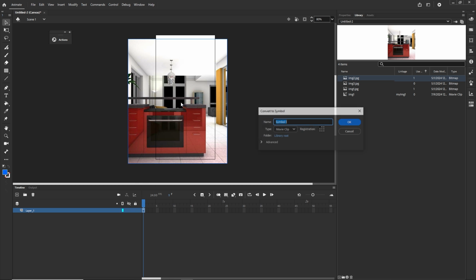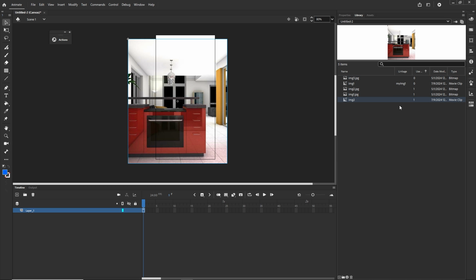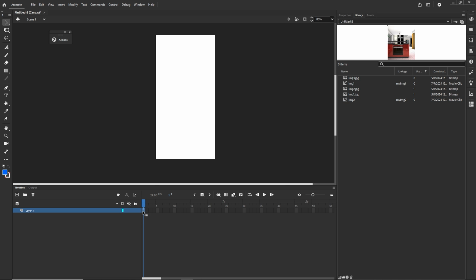I will go with F8 and I want this to be movie clip, and I am going to call this image number 2. And one more time, the registration point I would like to have at the left up corner, and I'm going to click OK. And one more time, I am going to call this my image number 2. Now I'm going to delete it from the stage, and I'm going to go back to my code